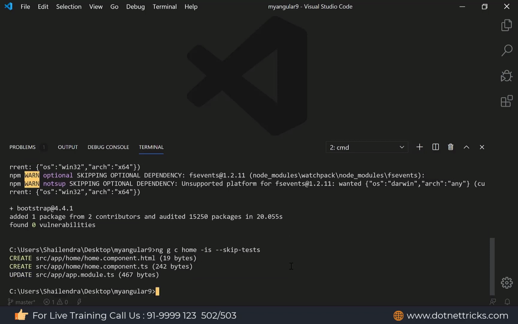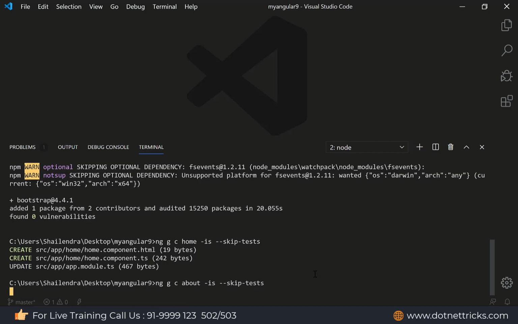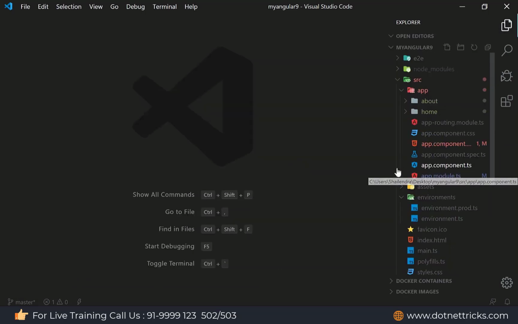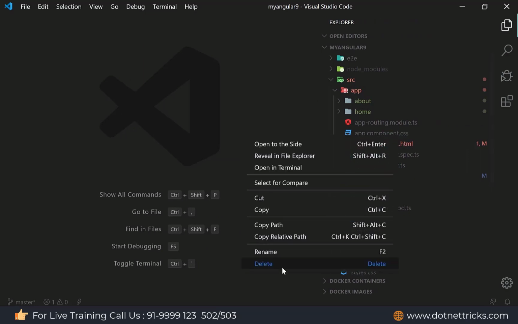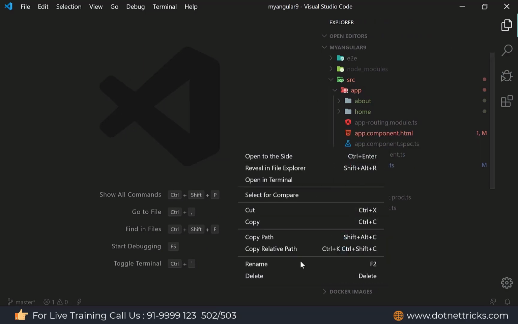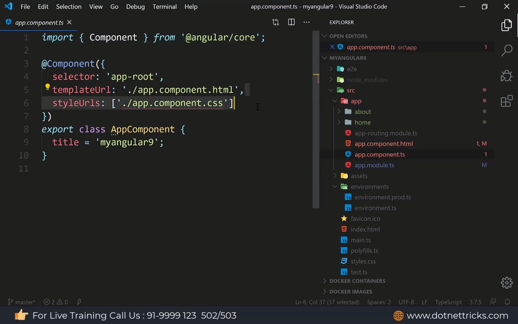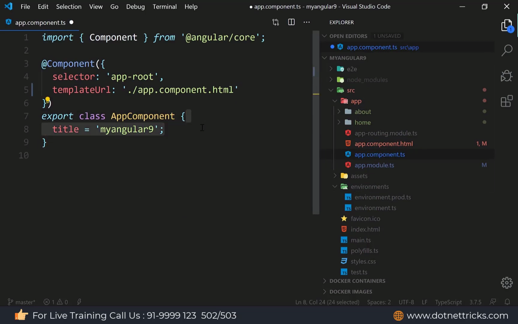So through the Angular CLI, we can quickly scaffold our application component. It's added for home. Similar way, I can add one for about also. Simple routing, I'm configuring it for you. It's added now. So what I can do is remove the unnecessary files which we are not using. So CSS I'm removing, test file I'm removing, and make sure in app component.ts you have also removed the entry. Here also we have removed the entry.